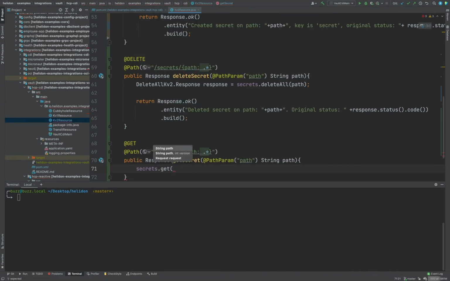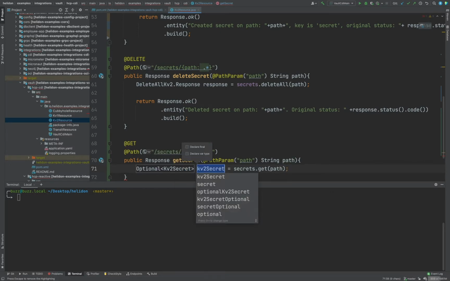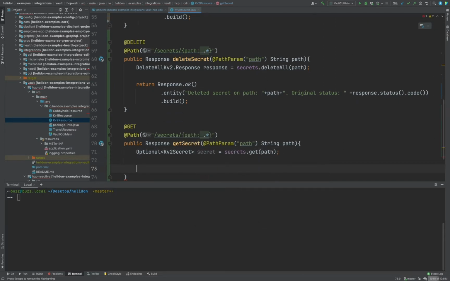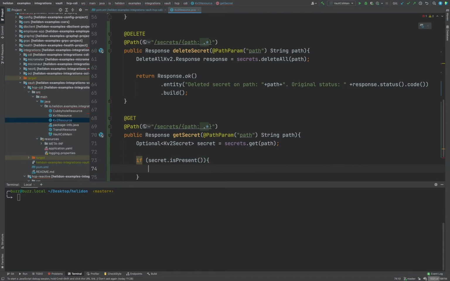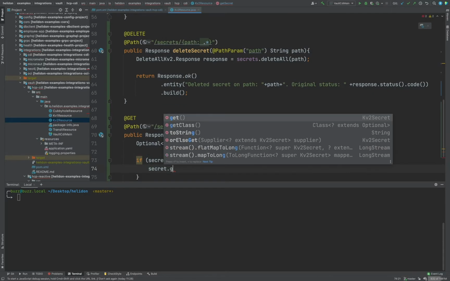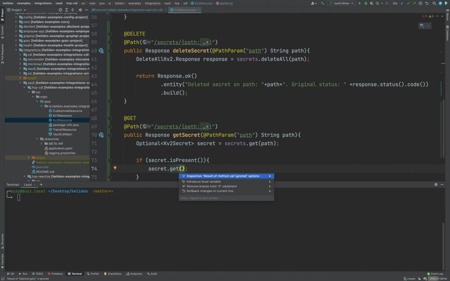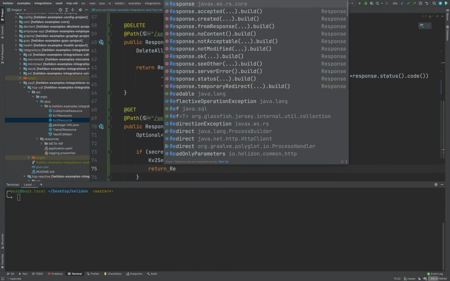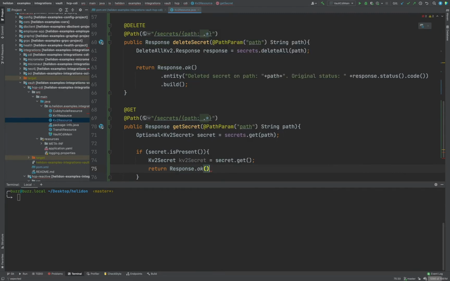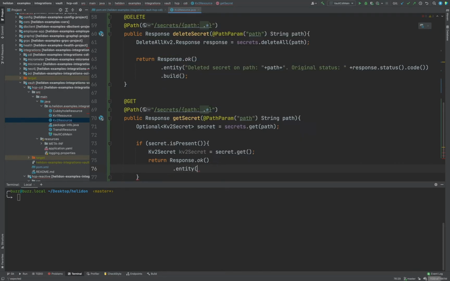So once again, we're using secrets and then the get object. We will create a local variable with it. Since the secret can exist or not, it's wrapped with optional. And that means that we are able to see if the result of the secret is available, which is get it and return it to our customers or somebody who calls the method. So once again, we're creating a response of type OK, so everything is OK, where we put the entity of